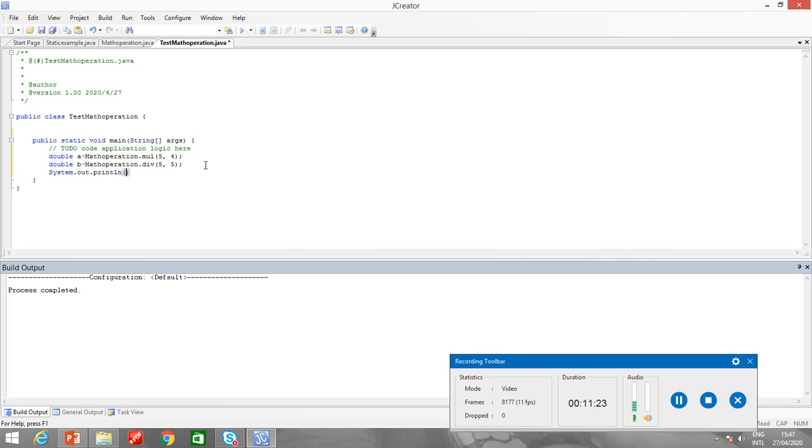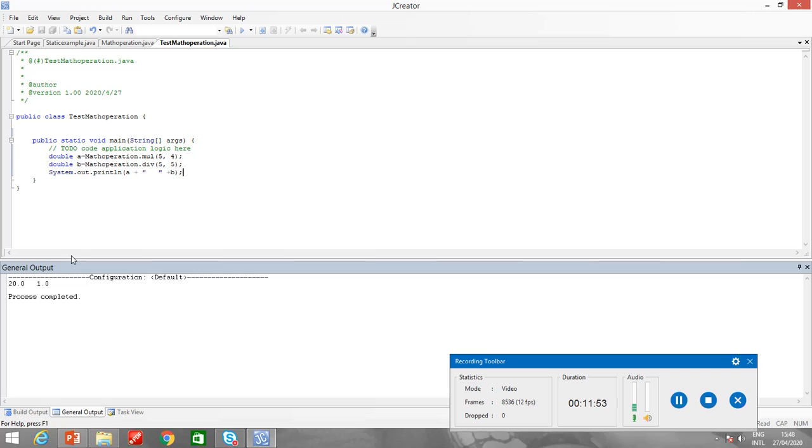So now I can print over here System.out.println, A, plus, and here in the same line I can print B. Alright, so if you see in this example, I have 20 and 1.